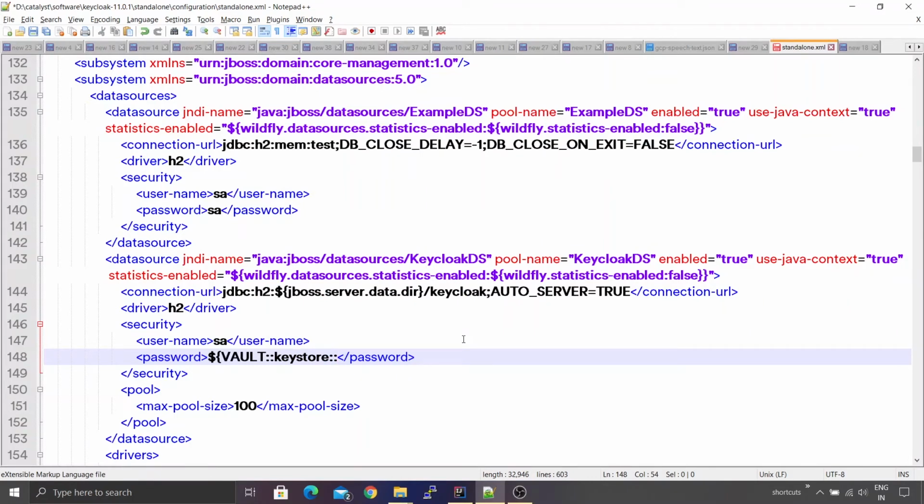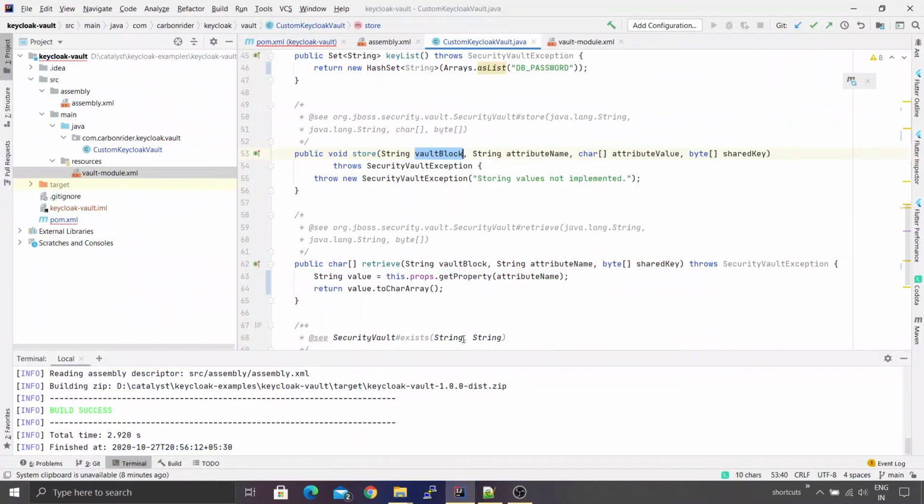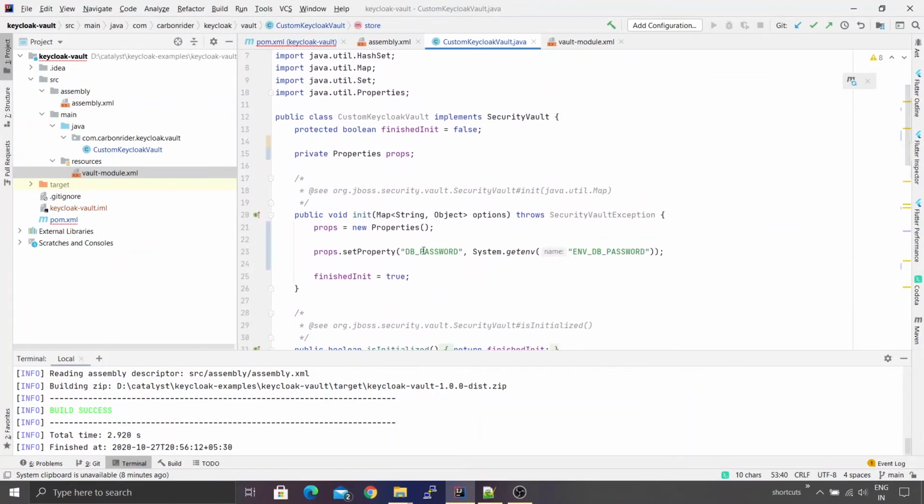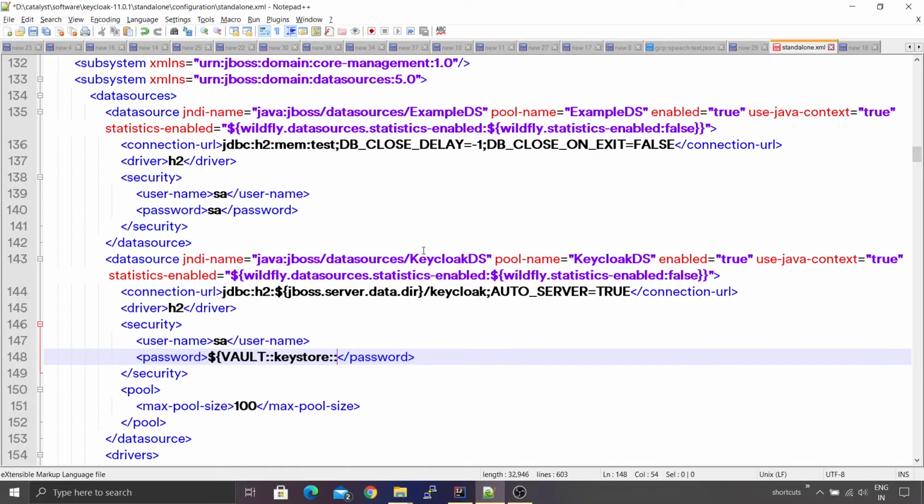And the next thing is the actual attribute that we require to be replaced over here. So I'll just again go back to IntelliJ, and the attribute name is db_password. So we want the value of this particular attribute to be replaced over here. And the final block is nothing but a number. Now this number is very important. In case you are retrieving a value, the number has to be 1. Okay, and the final thing is the closing of the curly brackets.